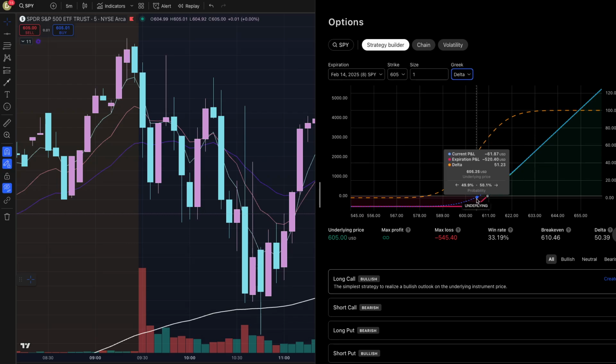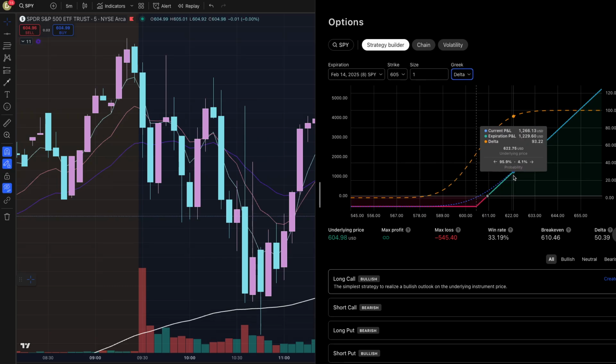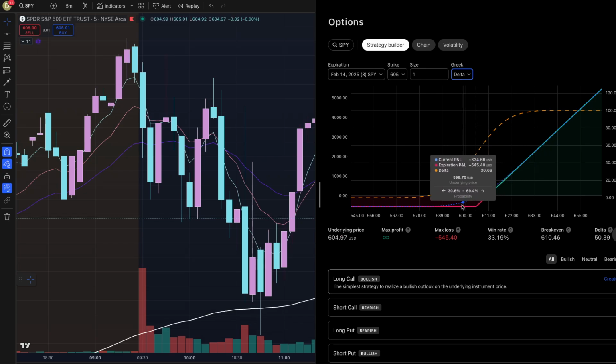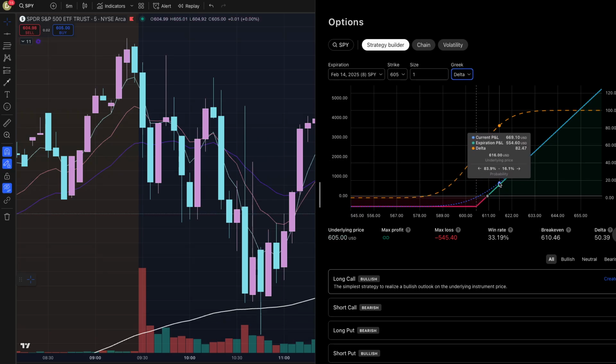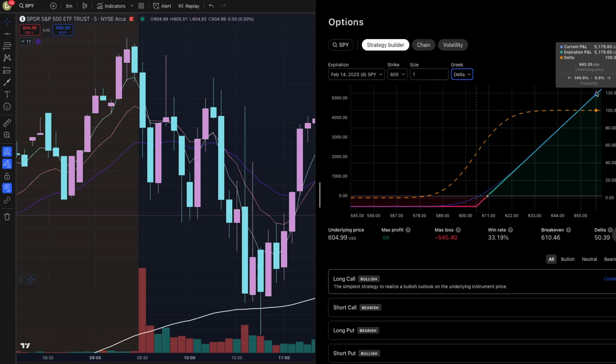So this shows you, if right at this minute we were trading at this level, where your profit and loss would be. That's the one that can change over time. You can see that's why it slopes a little bit down until it approaches 0, then slopes a little bit up until it approaches the exact line of your